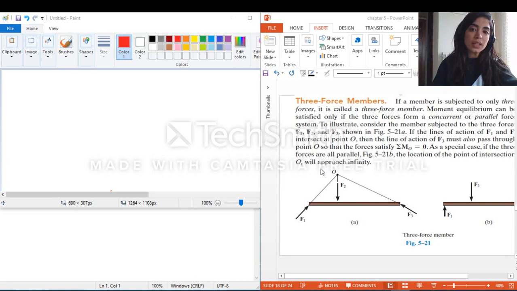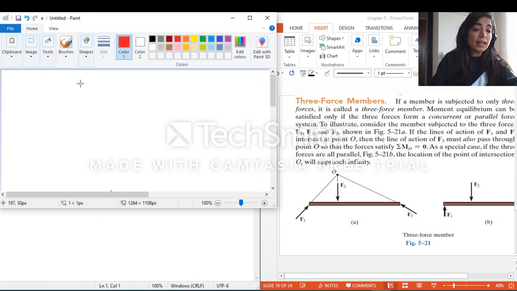So if I have this case, then I could have equilibrium because I also have other conditions like the sum of forces is equal to 0 in vector form. And the second case where I could have equilibrium is if they are all parallel. So I have three forces that are parallel. So let's start with the first one, which states that the forces are concurrent, and prove why, guys, I should have some concurrent force. So guys, let's take